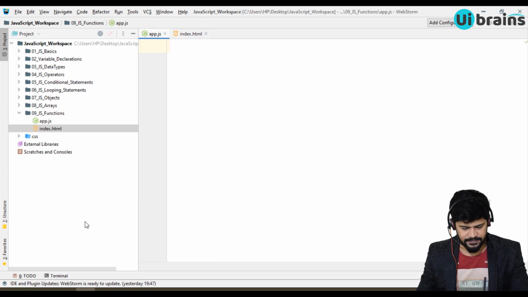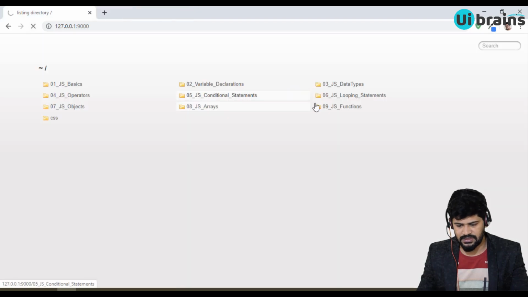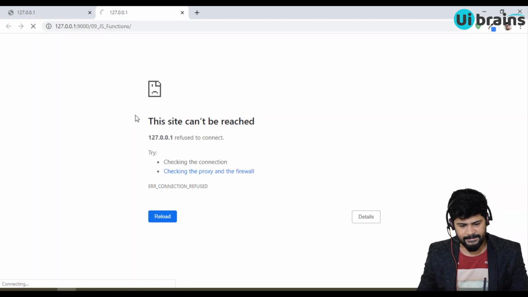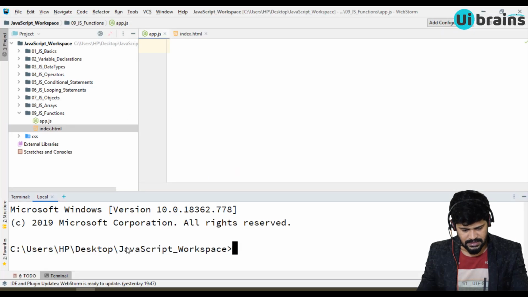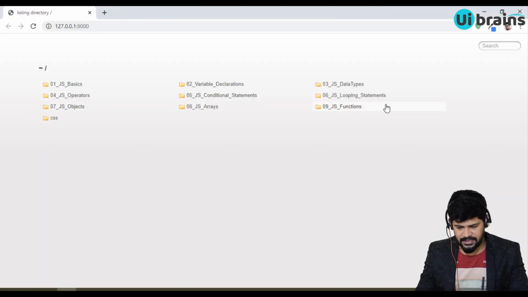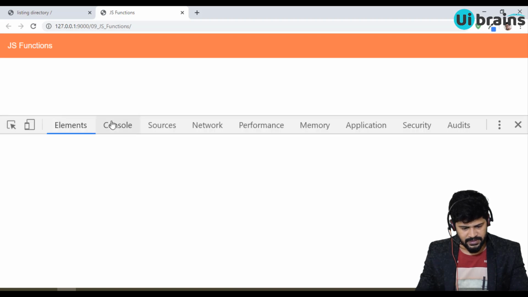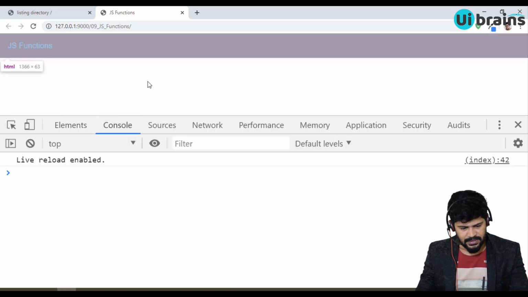Then let me open that in the browser. Refresh. I have functions. I think I have stopped my live server. One second. Okay, live server started, and let me open functions. Let me open the console window. So the setup is ready, and then we'll start with the function.